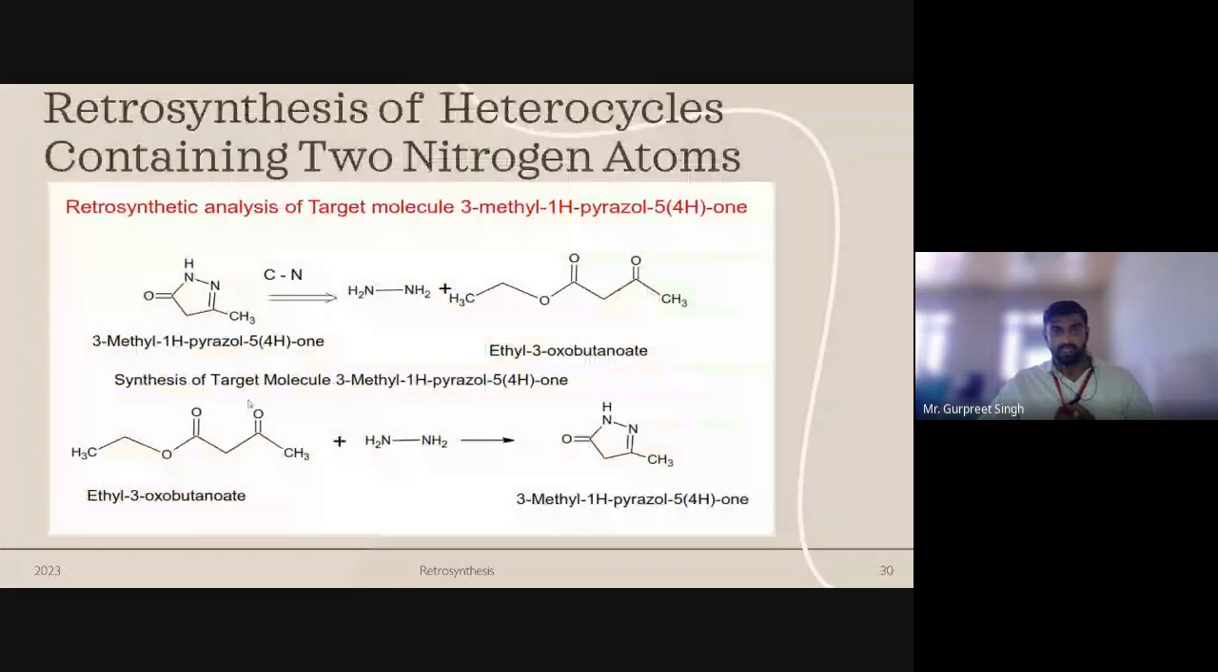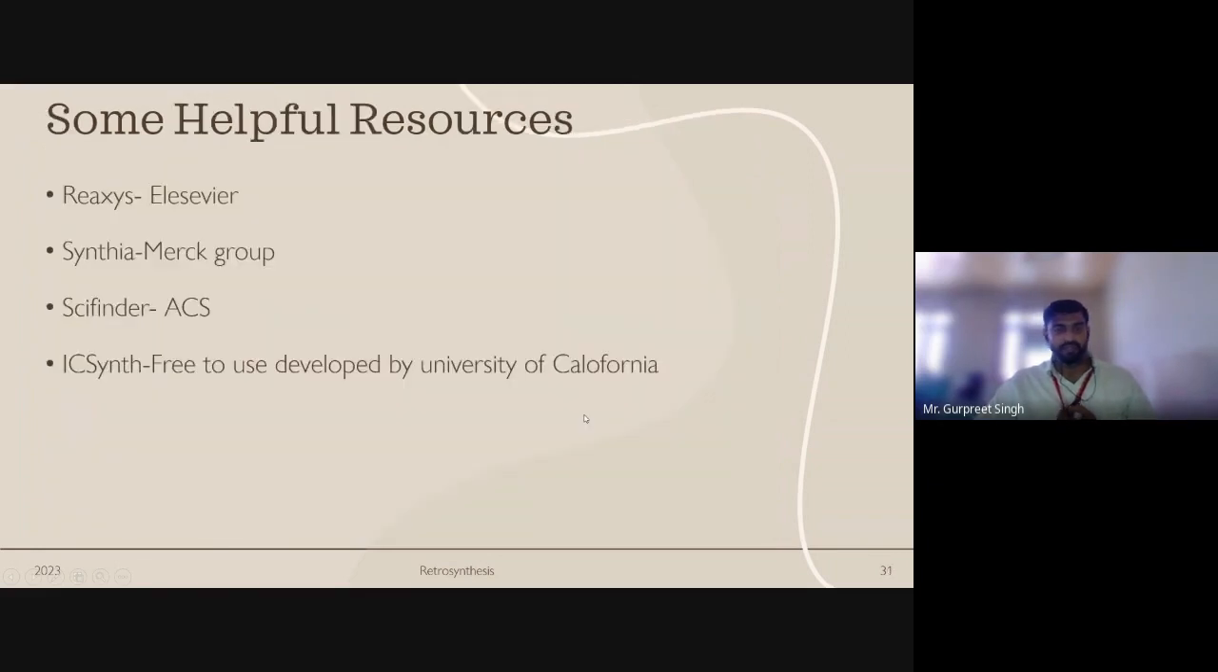So this is almost the last slide: the retrosynthesis of heterocycles containing two nitrogens. For this, I take the example of 3-methyl-1H-pyrazol-5-one. We first disconnect the C-N bond to reduce it to a hydrazine and ethyl 3-oxobutanoate. So for the synthesis of the target molecule, you just need to react these two in the appropriate conditions to achieve the final synthesis. There are some helpful tools, or you can say internet resources, which are available free or paid versions,